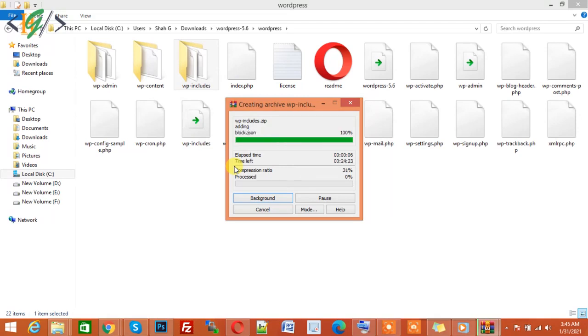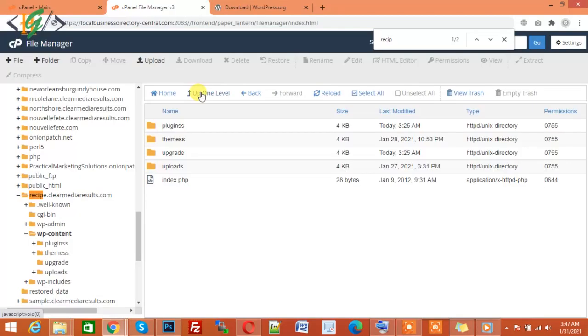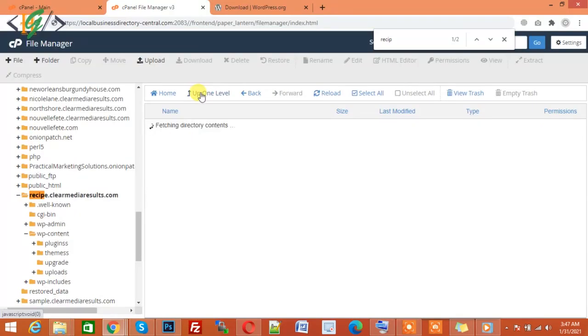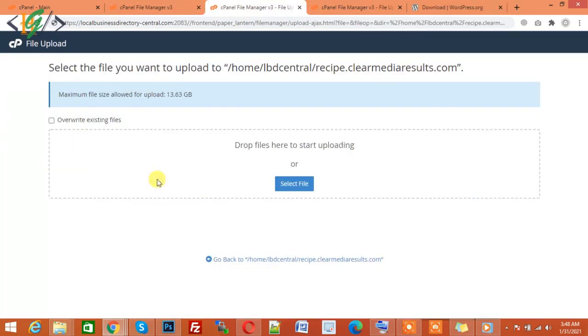The zip files are done. Now we will upload both, the wp-admin zip file and the wp-includes zip file. Go back to hosting and back to the main folder. Click on upload and select the files from here.